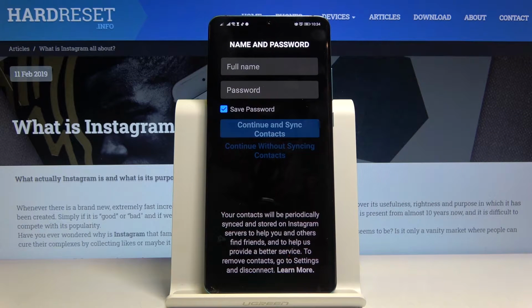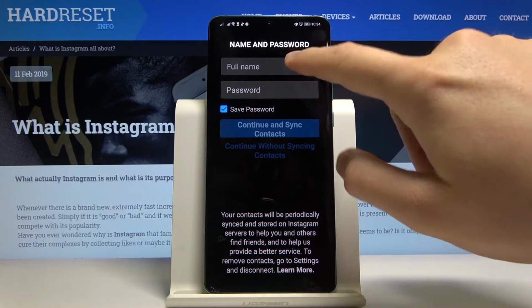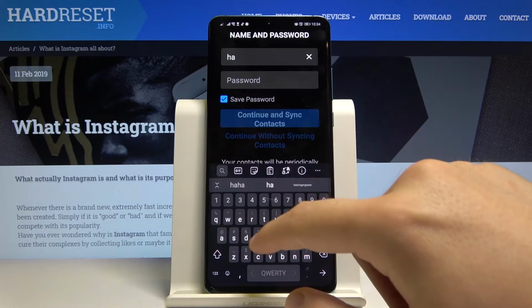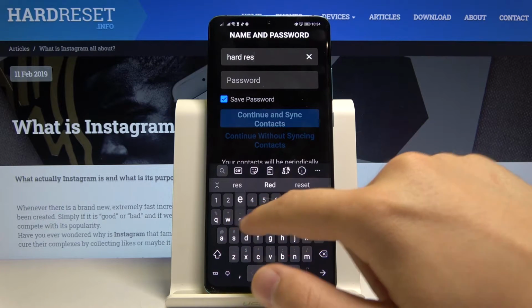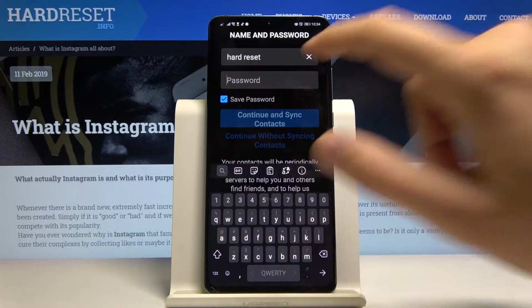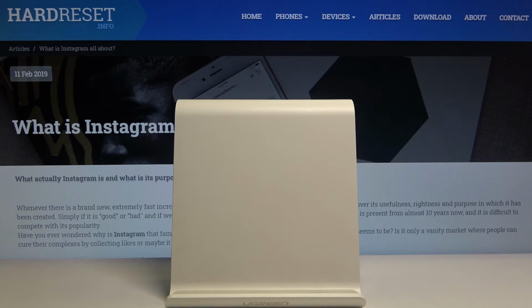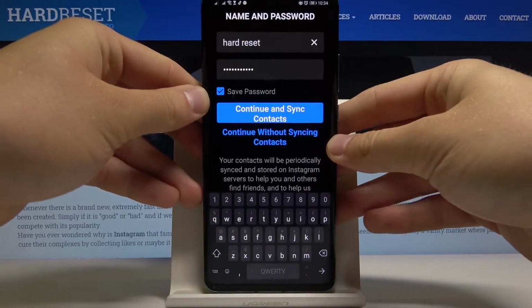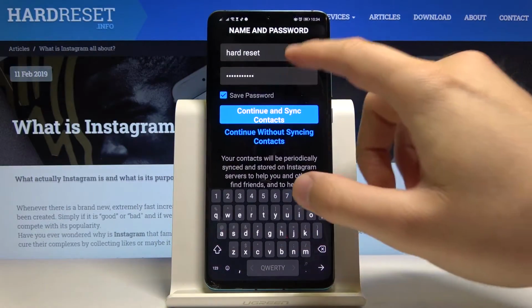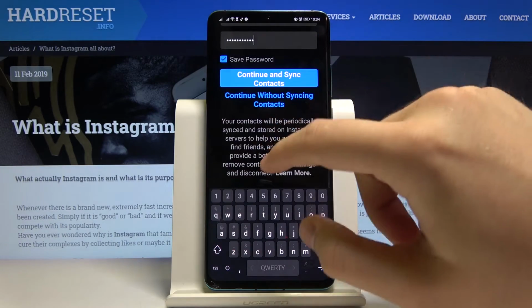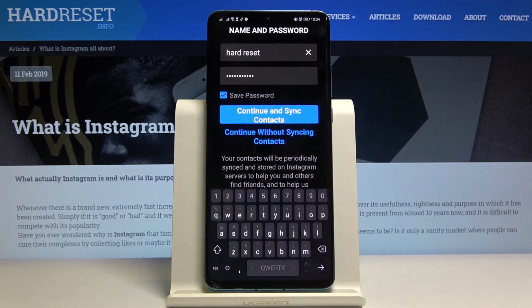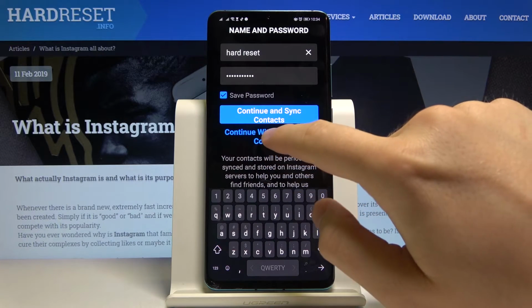And as you can see, right now we have to set the full name. So our name will be HardReset, and the password. What will the password be? Okay, I got one. So if you input your new full name and the password, you have to click on the continue, and you can add and sync all the contacts, but I am going to go without, so let's